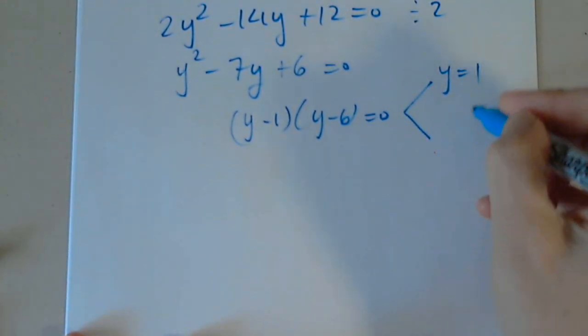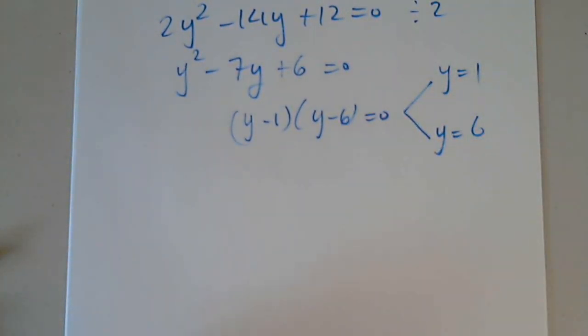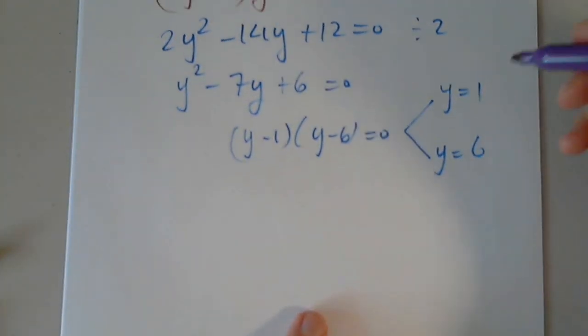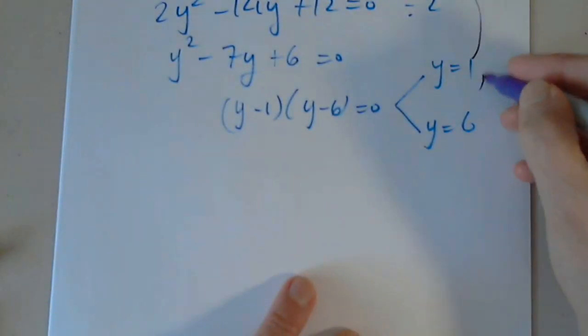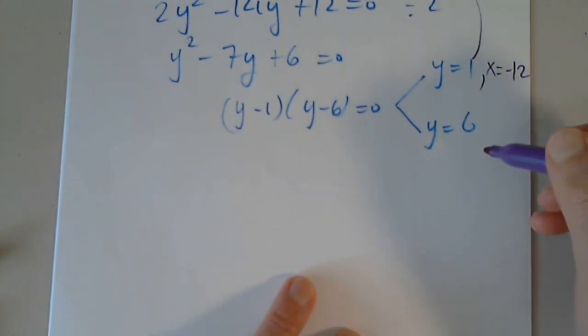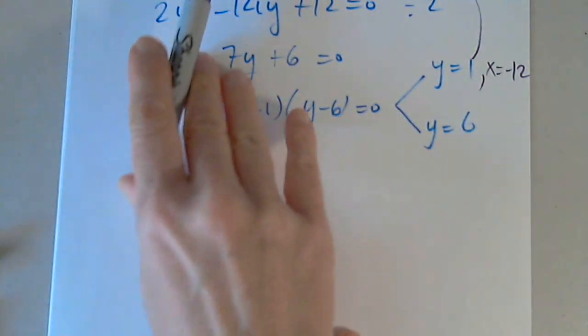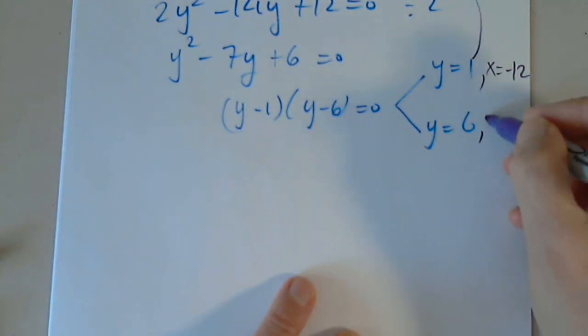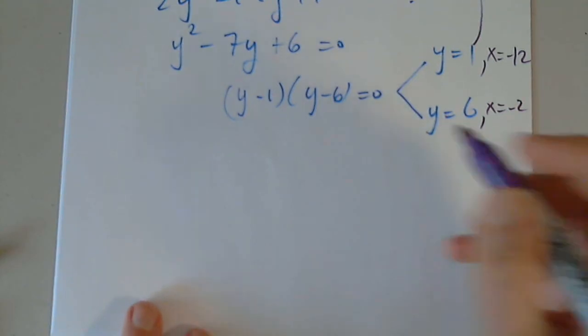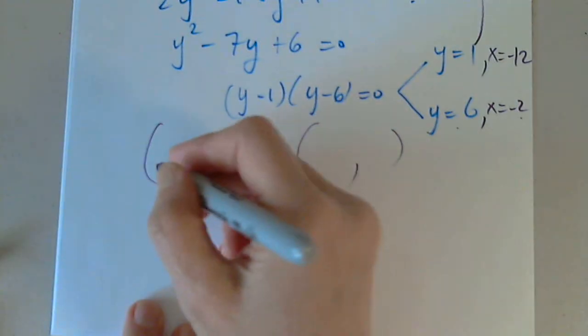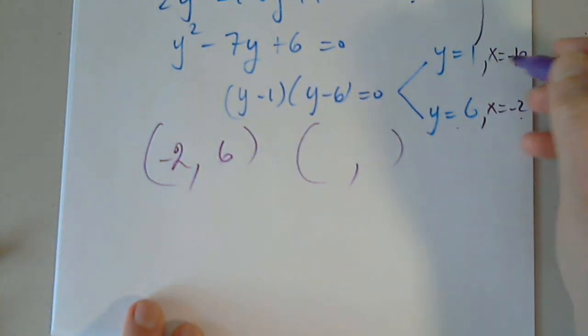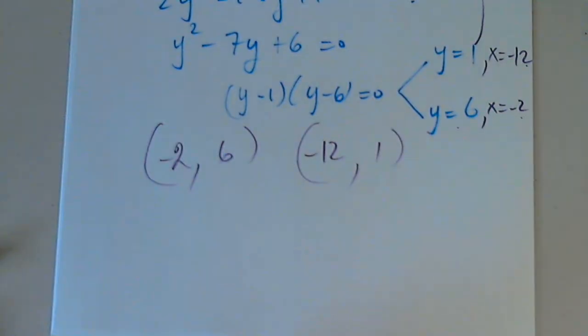I get 2 solutions for y. I will be able to find 2 solutions, 2 numbers for x. So when y is 1, 2 minus 14 is negative 12. When y is 6, 2 times 6 is 12 minus 14, x is negative 2. So it appears negative 2, 6, negative 12, 1. And of course,